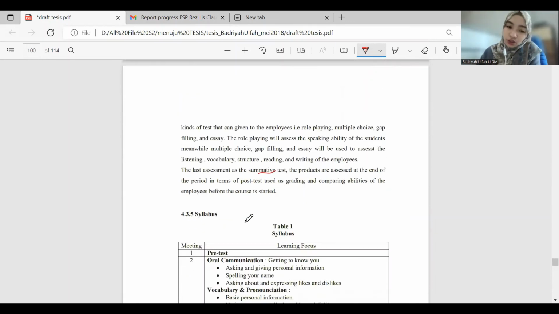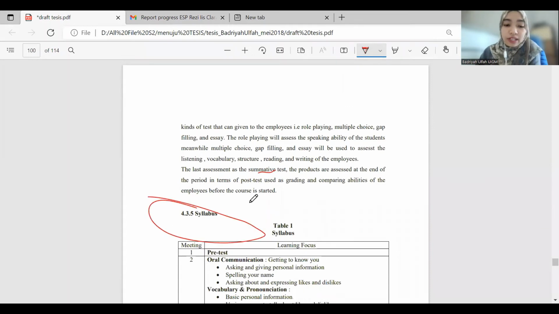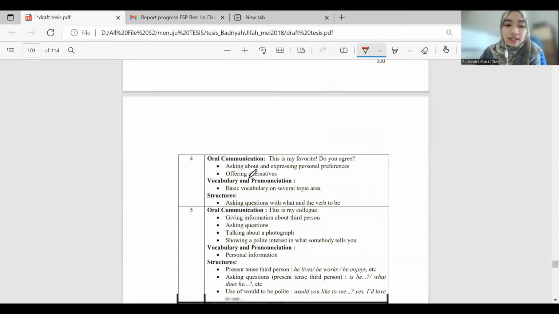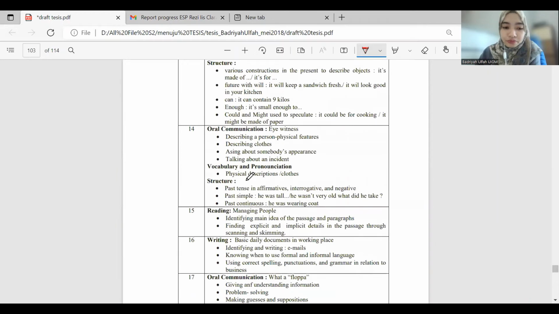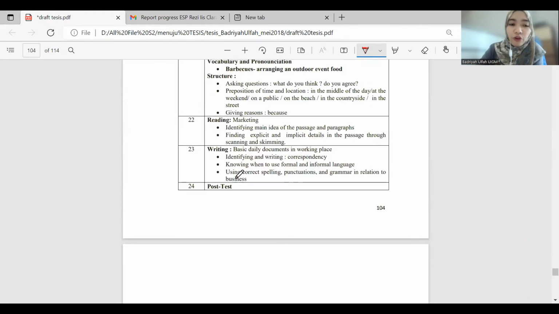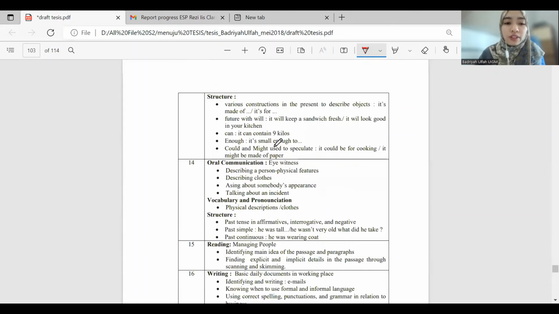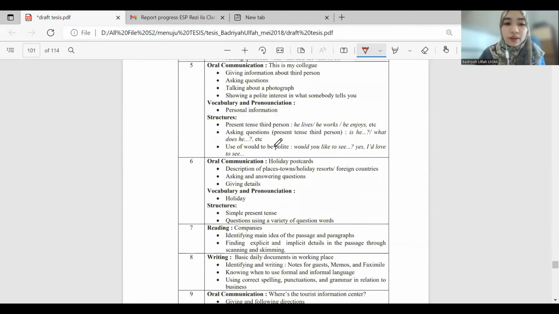Yeah. So the very last one, please write the syllabus. So please write the syllabus for 24 meetings. Yeah. So please make an English course of 24 meetings. Jadi dari yang atas tadi ya terserah gitu loh. Whether the first meet like this one, for example, the first meeting